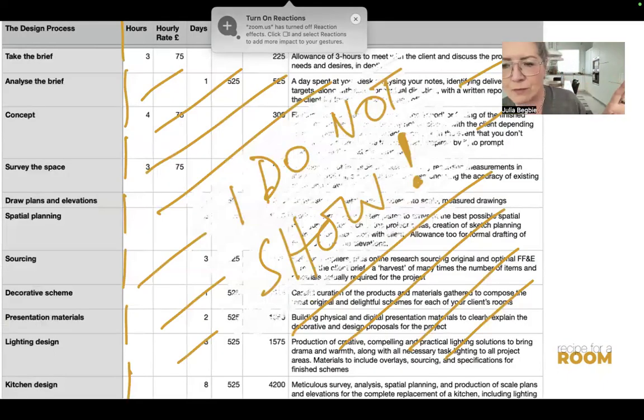Now, all of this stuff I'm showing you, this is internal documentation. This is not stuff that I show to my client. It's for me. I don't want my client to start salami slicing and suggesting, why do I need 3 hours? Wouldn't 2 hours be enough, for things that I know what's involved and I need that time to do